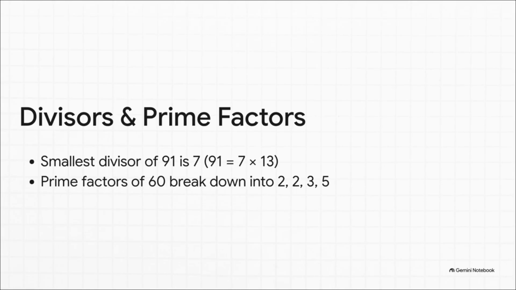Now, Tool 3 takes that exact same logic but puts it on a loop to find prime factors. To break down the number 60, we find its smallest divisor, 2, which leaves 30. Divide by 2 again, leaving 15. Then we divide by 3, leaving 5. We just keep carving off the smallest piece until all we've got left are prime building blocks, 2, 2, 3,